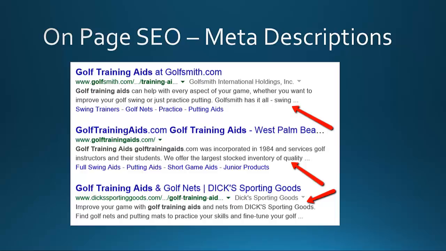They're obviously a big company. They've put a lot of thought in. They've probably spent a lot of money on their SEO. Improve your golf game with golf training aids and nets from Dick's Sporting Goods. Find golf nets and putting mats to practice your skills and fine-tune your golf game. So you notice how they did a really good job there, and that's really what a good meta description should